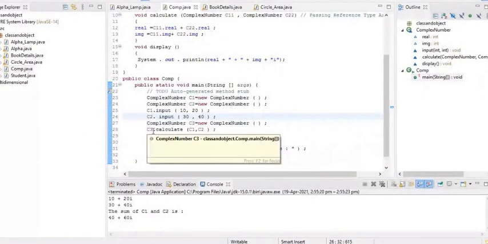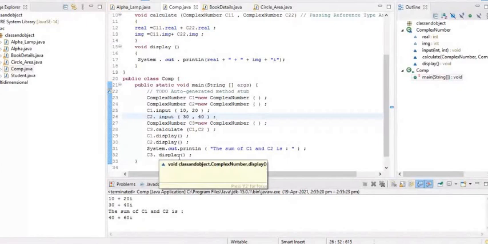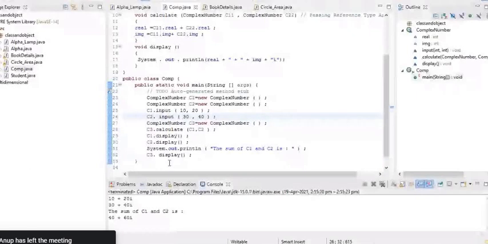If I call C3.display, I am able to display the real and imaginary part. If I want to access only the real part, I can write C3.real, no issues. Okay. Any other doubt?